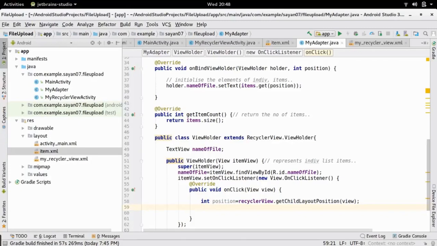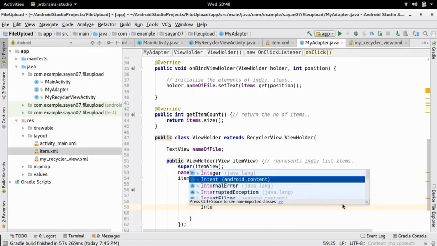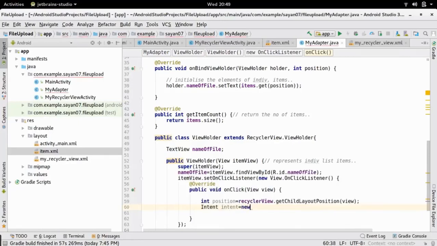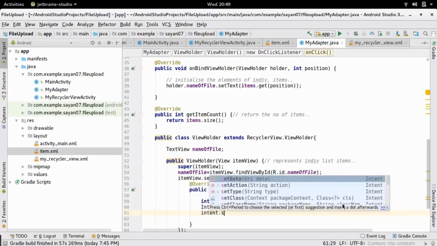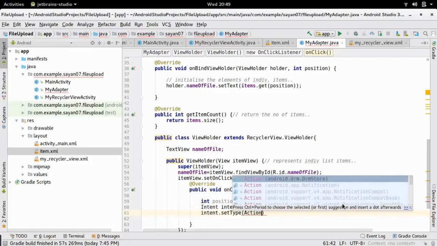So we are going to create an object of intent. So write intent, create an object. Now we need to set the type as action view.